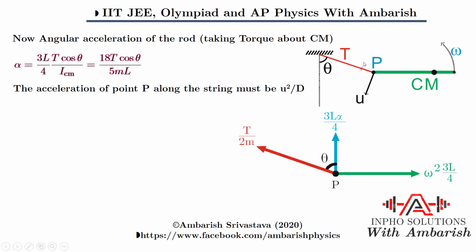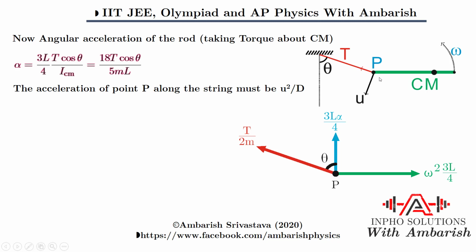And then you also know that P begins to move in a circular arc about this point, which is the fixed end of the string. So that means what? If it's moving in a circular arc and its instantaneous speed is u, its acceleration in this direction has to be the centripetal acceleration, that is u squared by d. The length of the string was given as d. So this acceleration is u squared by d. And how can I calculate this acceleration in another way?